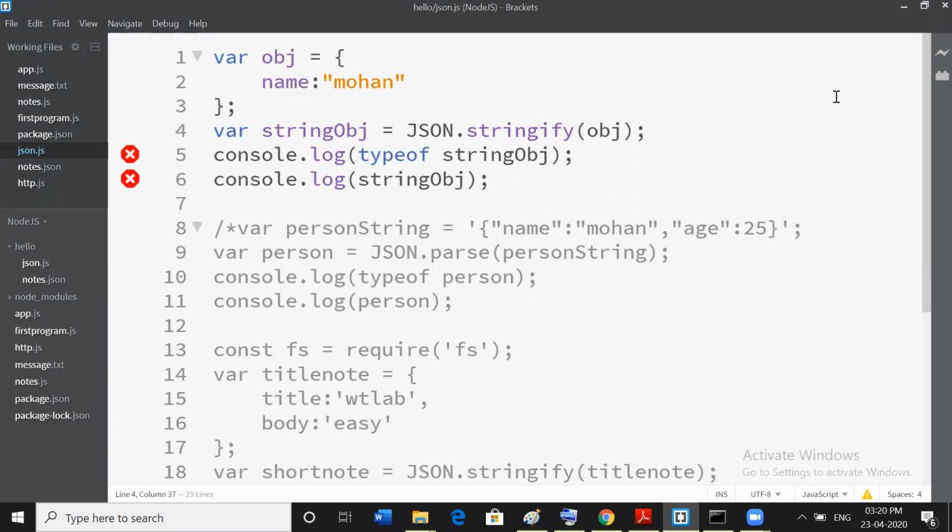In this class, we're going to discuss the concept of JavaScript Object Notation. So why do we need JavaScript Object Notation? Because if we're going to store any information, or when someone adds any new node, how are we going to save that particular information in one file, and how are we going to fetch that information efficiently? That's why we're going to use JavaScript Object Notation to store the information.